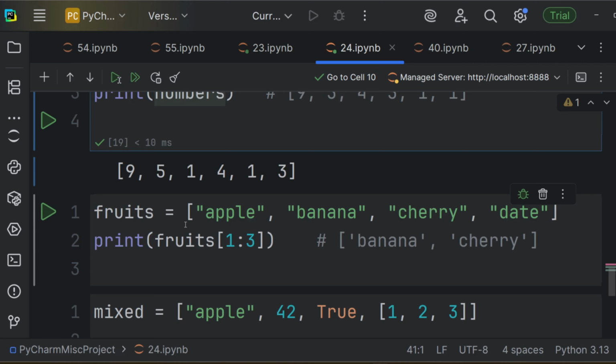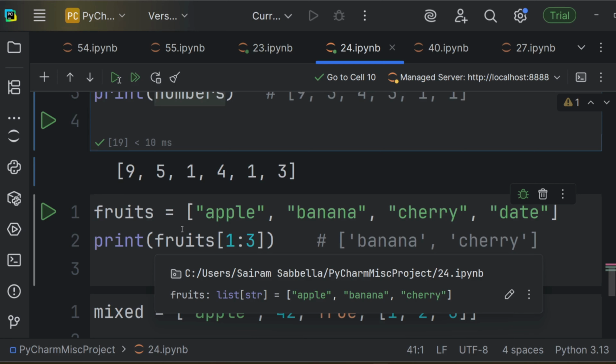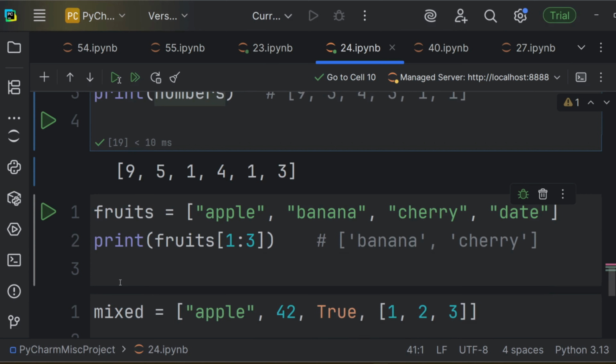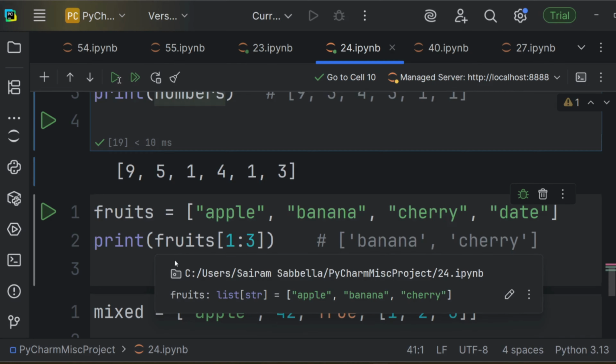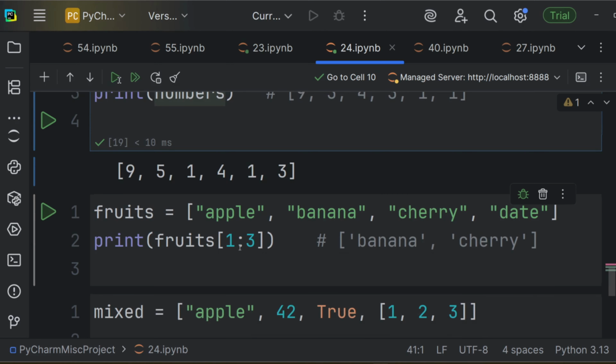What if you don't want your whole list? You only need a specific section of your list. Slicing lets you carve it up. Slicing gives you a portion, starting at the first index and stopping before the second. Think of it like cutting a cake. Start at slice 1 and end just before slice 3.